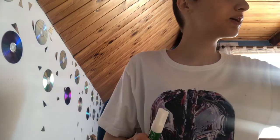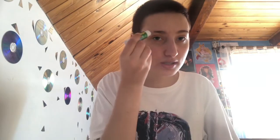So first I am using just moisturizing cream. Firstly, I am covering my eyebrows. I think this is really important because Ahsoka doesn't have eyebrows. Actually, how am I doing that? I think this is different every time I am doing this, but